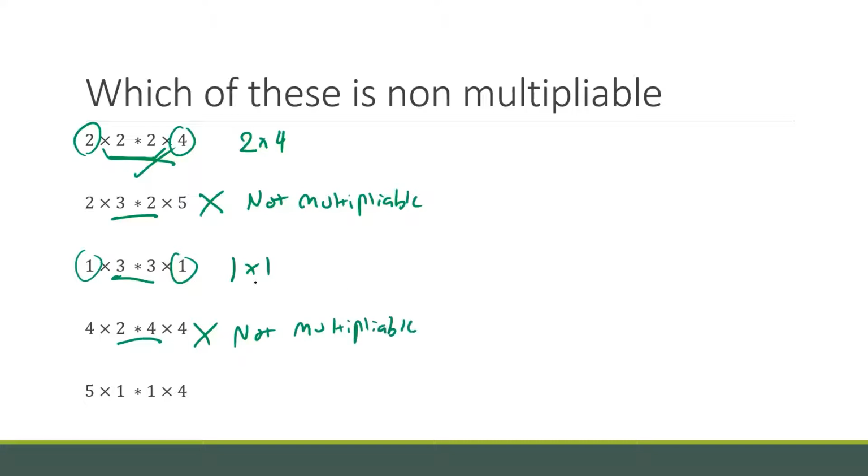Now, the last one has a 1 and a 1. This matrix is going to be a big one. It's going to be a 5 by 4 matrix. So that at the end is going to be a pretty big matrix. But yeah, you're just looking at the last two numbers and the middle two numbers, check that they match. And if they do, you can do it. And so what that means as well,